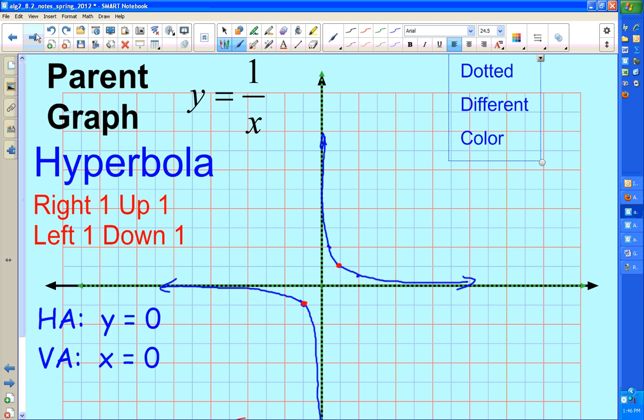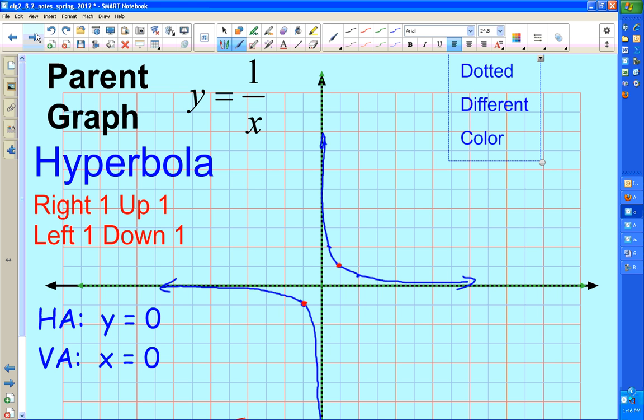So from that, then we, right, then we do 1 over